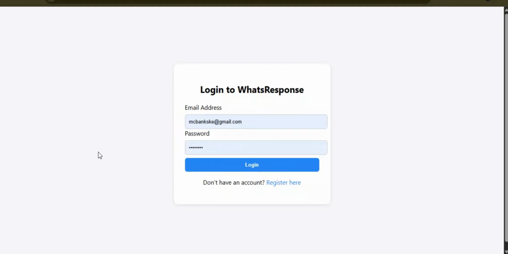Hello. So I have been getting this question, and some of you wanted me to show them how the WhatsApp responder works. Currently, as I said in the caption for the previous video, I am waiting for the Meta verification so that I can get the WhatsApp API. Once I get the WhatsApp API, then I will connect the WhatsApp